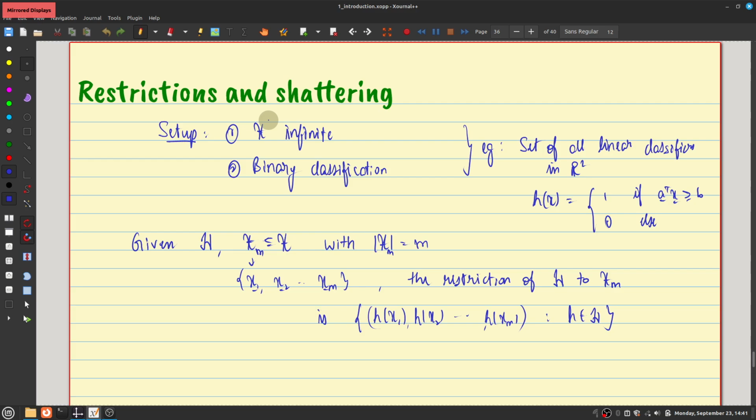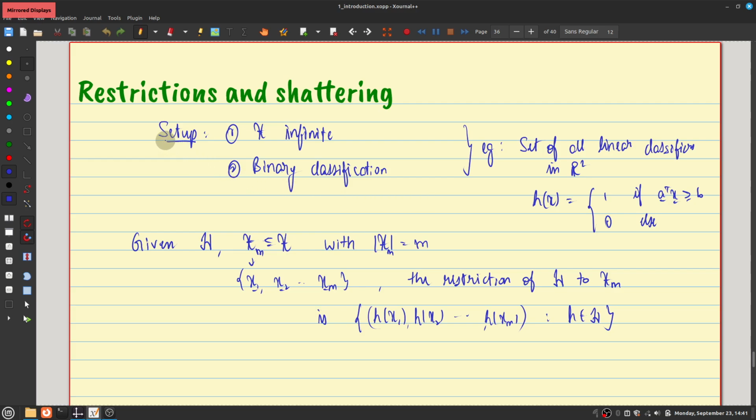So first, we'll see what is called the VC dimension, and we'll show that a necessary and sufficient condition for a hypothesis class to be PAC learnable is that it should have finite VC dimension. And then we'll also characterize it using another property called the Rademacher complexity. Right, so that's going to be the agenda for maybe this class and the next. So let's build up towards that.